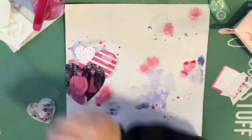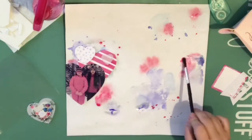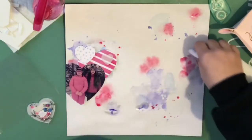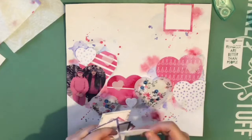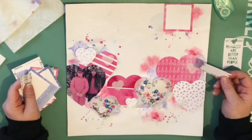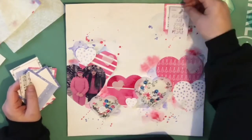Like a lot of the pattern papers go from light to dark. And so that's what I was trying to achieve with the different shades of blue and pink. So I pretty much have all of that mixed media down. I'm pretty sure that I go back and add some more splatters and a little bit here and there, but